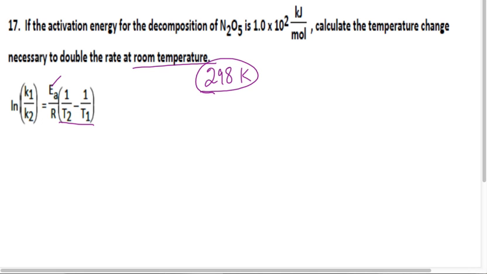So we are looking for a relationship. To find the delta T, I need to know both of these, and I could subtract them, right? So I'm going to pretend this is T1. I want to double the rate. Remembering that relationship, if I want to double the rate, will doubling the K work? Right. So what could I do here? I don't have any Ks, but I know it needs to be doubled. Use 1 and 2. I want K1 and T1 to be the couple; you've got to couple them the same. If you increase the temperature, the rate is doubled. So this is going to be 1 over 2